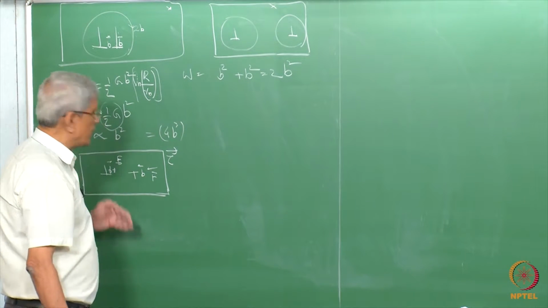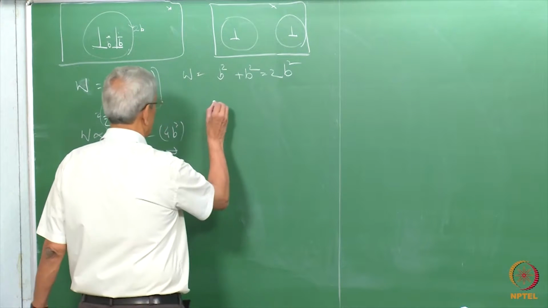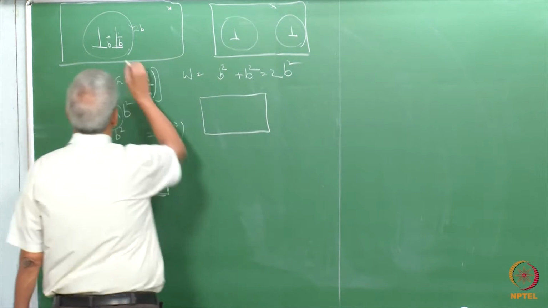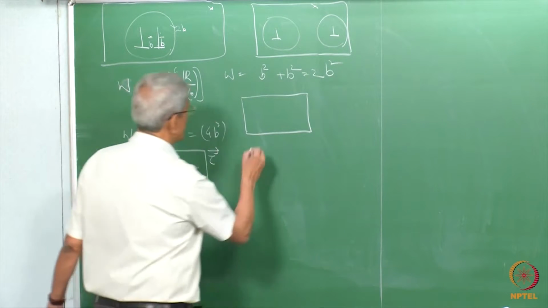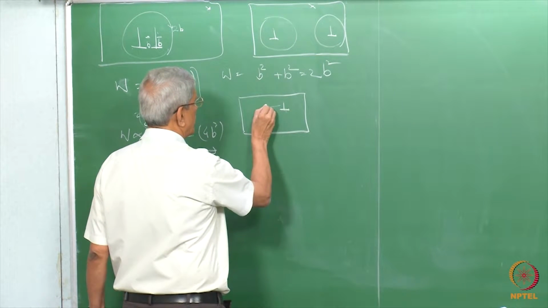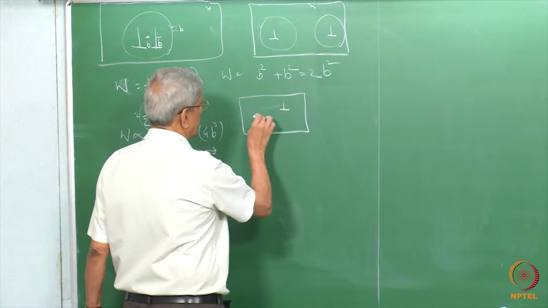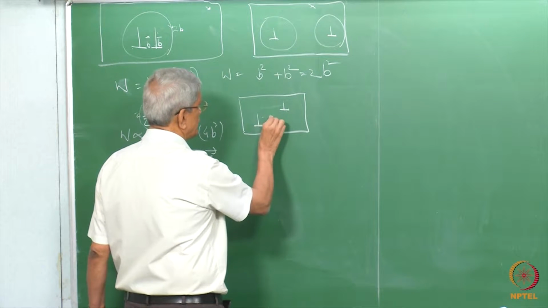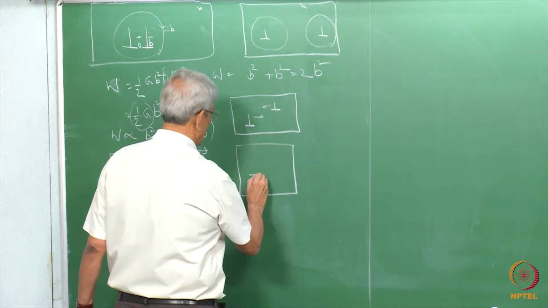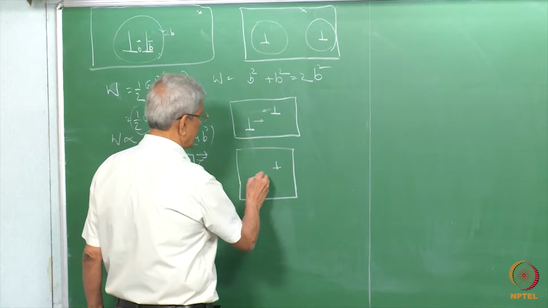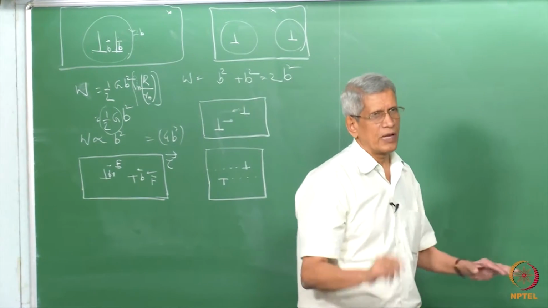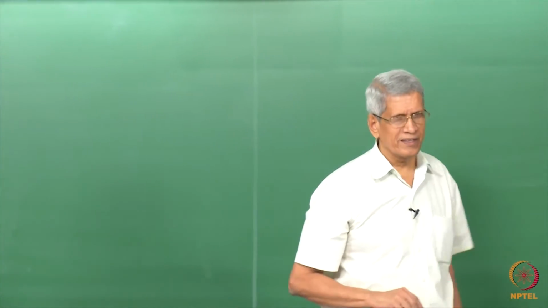A third case which we can consider is where these dislocations are not on the same slip plane. One dislocation is in this plane, another dislocation is in this plane. What will happen when these dislocations are present like this, with one moving in this direction and another moving in this direction? The other case is one dislocation like this and another dislocation like this, but this is in one slip plane and this is in another slip plane. What sort of forces will act? Looking at it, it is difficult to tell, correct?